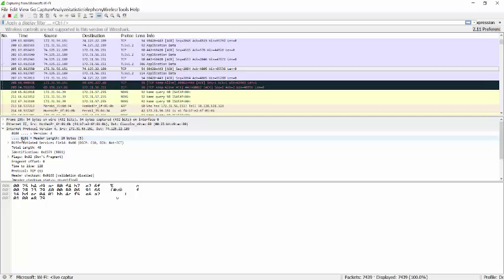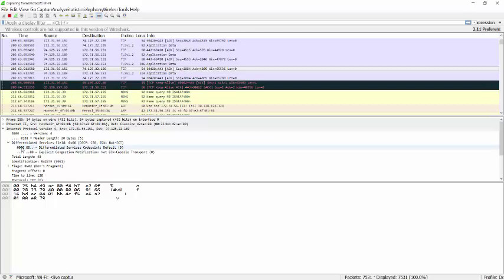That is the header length. Header length is 20. Number 5 means 20. And then you can unfold further so that the next 6 bits indicate the differentiated services code point. And then the last 2 bits of the next 1 byte is explicit congestion notification. And then next